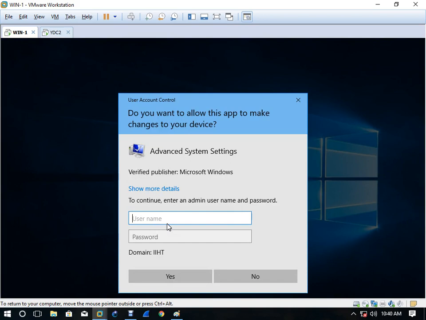Okay, see. Username window 1 slash administrator. Why am I not able to log in with that administrator? Because that server is down. Okay. You can use any account, whether you use the IIST account or your own local account. So I'm using my own local account.